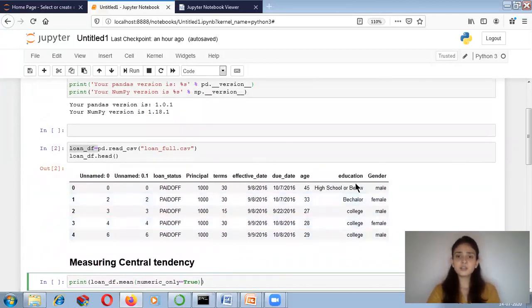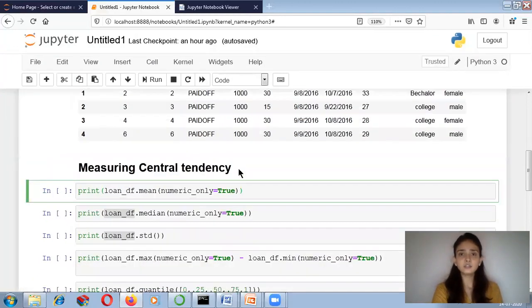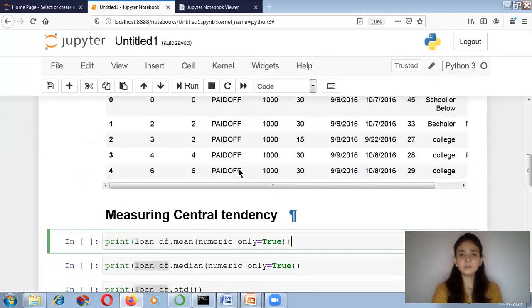So this education is my categorical data, this gender is my categorical data, and this effective date and due date are of date type. So wherever my numeric data are, I am writing numeric_only equals True. So I want to calculate the mean of only the numeric data. I can zoom it in a little bit so you can view it easily.